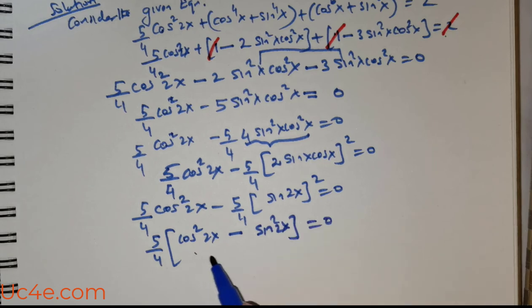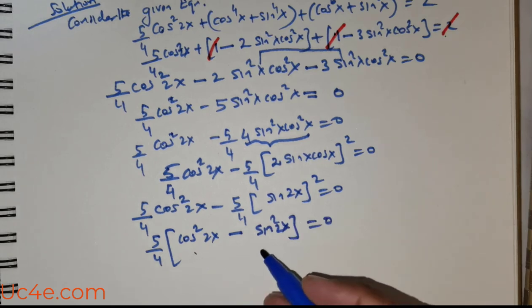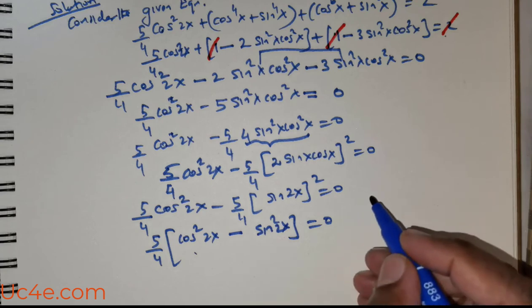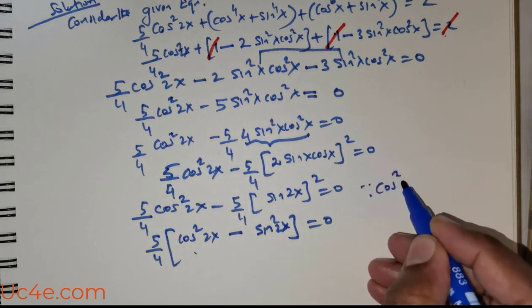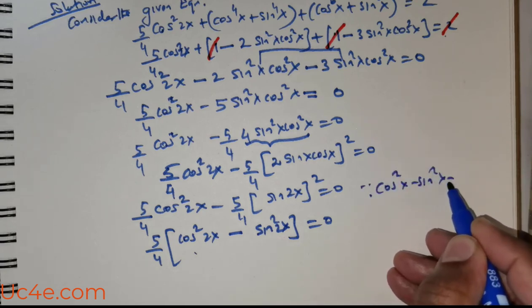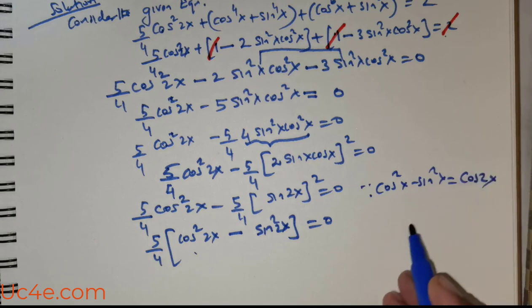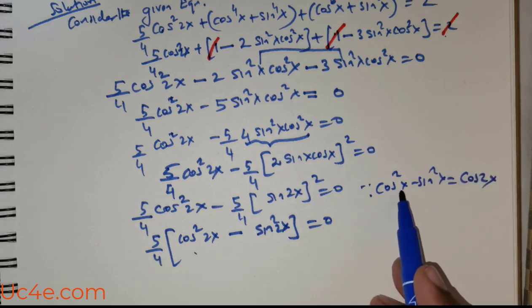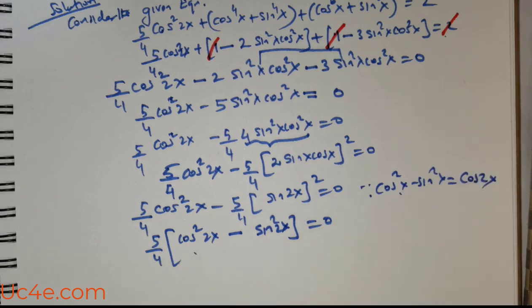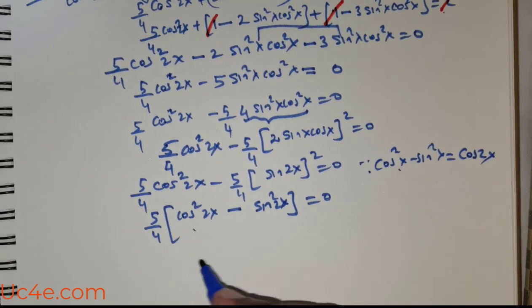So I got cos²2x − sin²2x, and I know a formula. What is that? cos²x − sin²x is equal to cos 2x, but in this case you have 2x. So I can rewrite this as